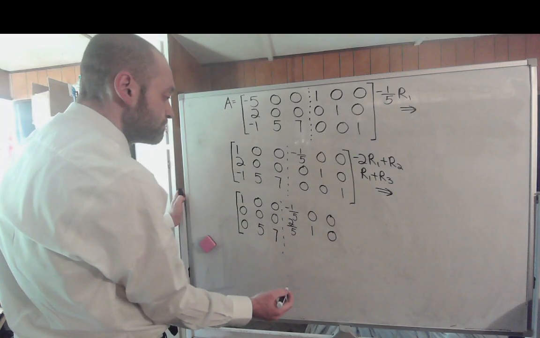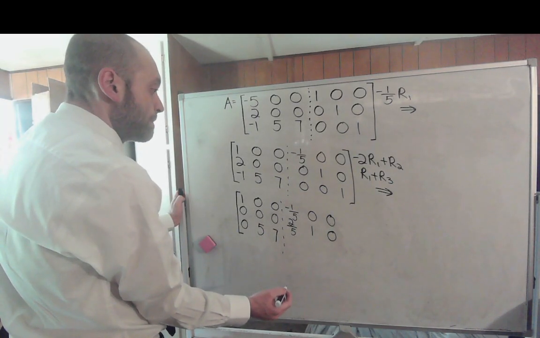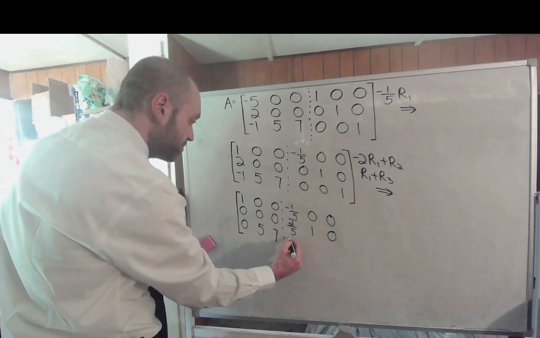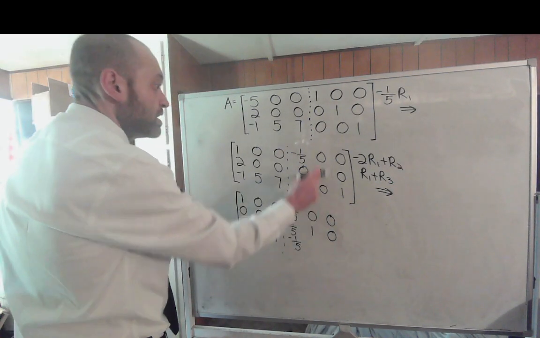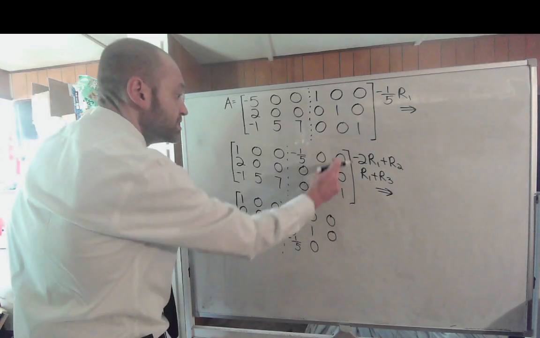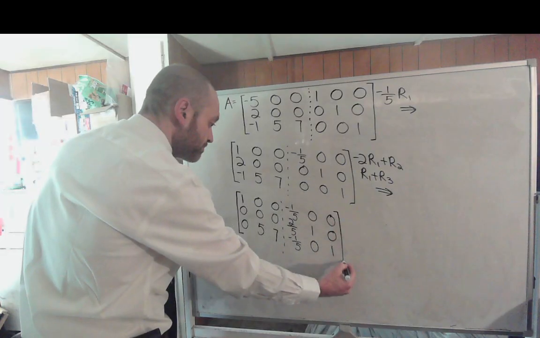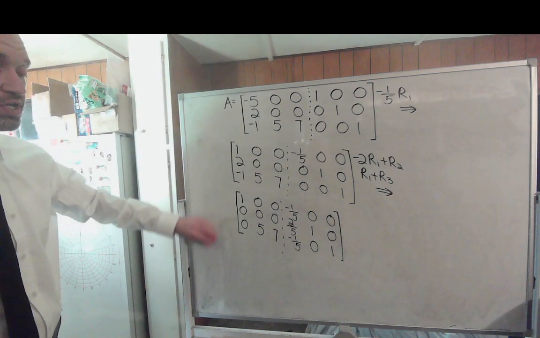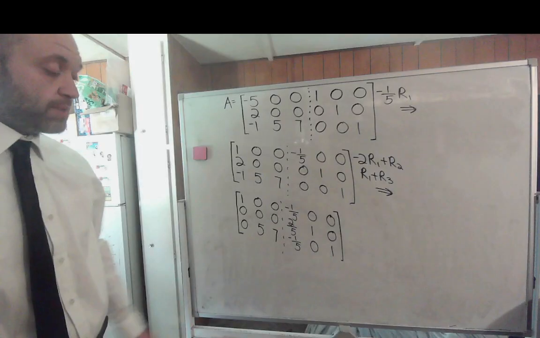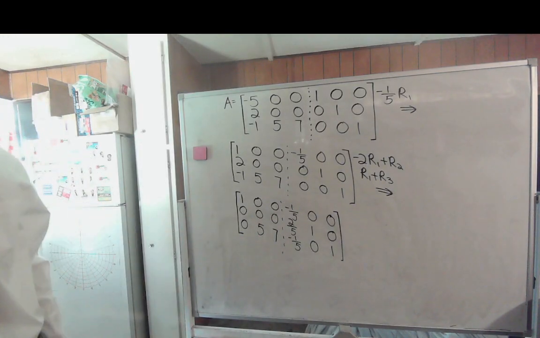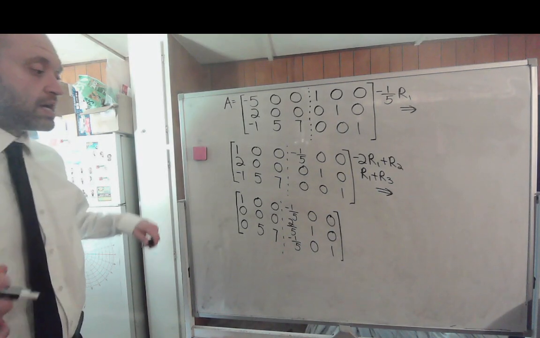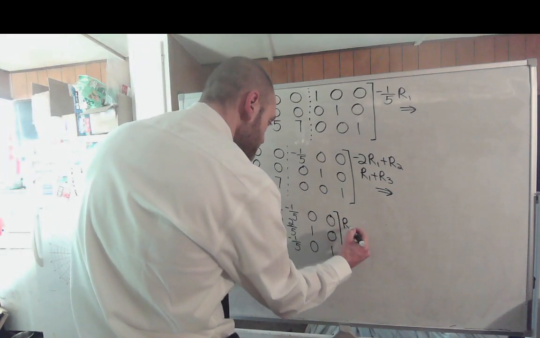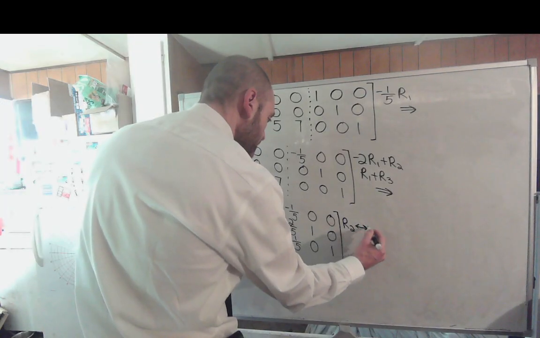And then, let's see here, if I take negative 1/5 plus 0, I'll end up getting negative 1/5. 0 plus 0 is 0. 0 plus 1 is 1. Well, the last thing to do, make your leading digit in row 3 a 1. Or actually, no. Let's switch places with rows 2 and 3. So I'm just going to switch places with rows 2 and 3,